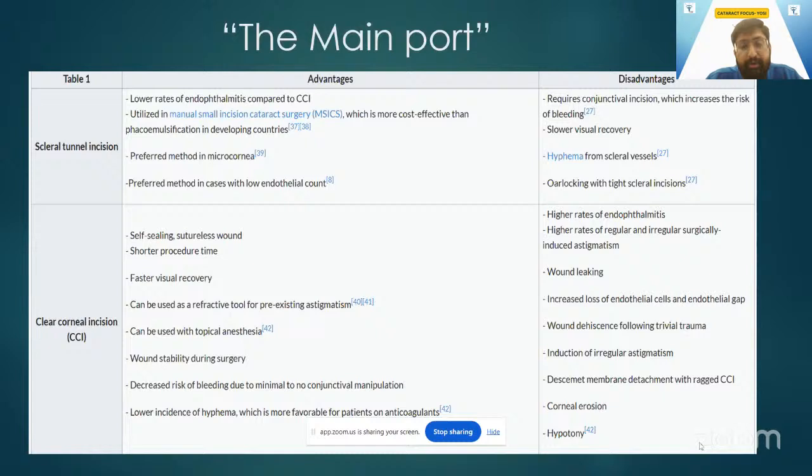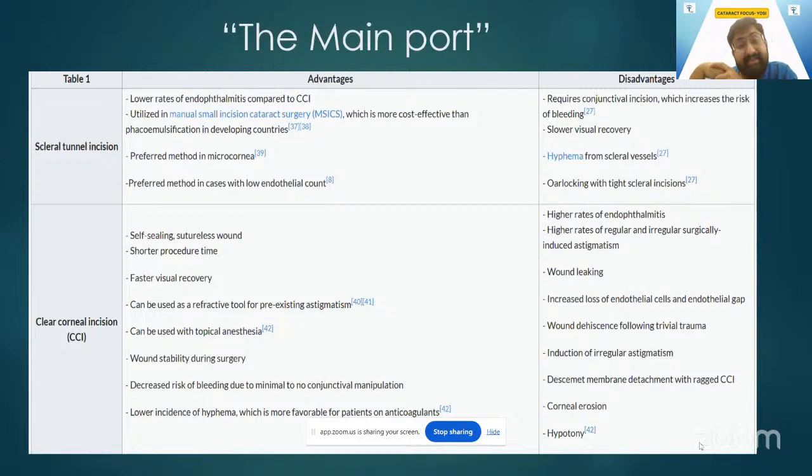Contrary to that, when you talk about clear corneal incisions, yes, it is self-sealing. It is a sutureless wound. It has a shorter procedure time. It has a beautiful visual recovery. Of course, it is used as a refractive tool for pre-existing astigmatism. It can be used for topical anesthesia because we know that scleral incisions could be painful. So when you talk about topical, relatively clear corneal gives a better control over your patient and less pain to the patient. Of course, there is minimal bleeding as compared to the scleral